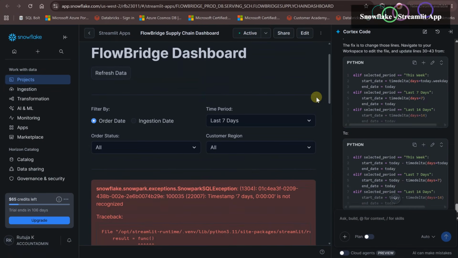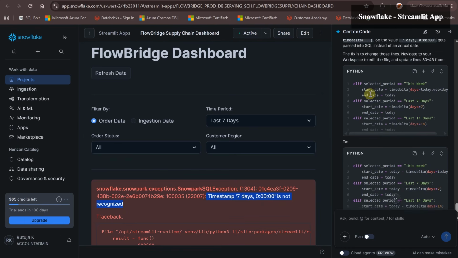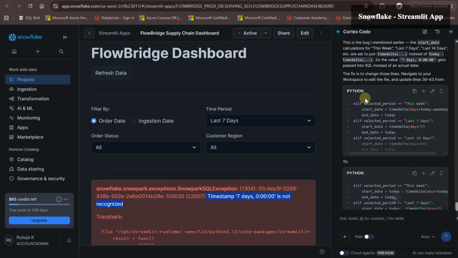Now after this app deployment, I have gotten one error which states timestamp 7 days. It is not getting recognized by this Streamlit app. I have taken help of Cortex code and Cortex code has given me the answer for what it is getting